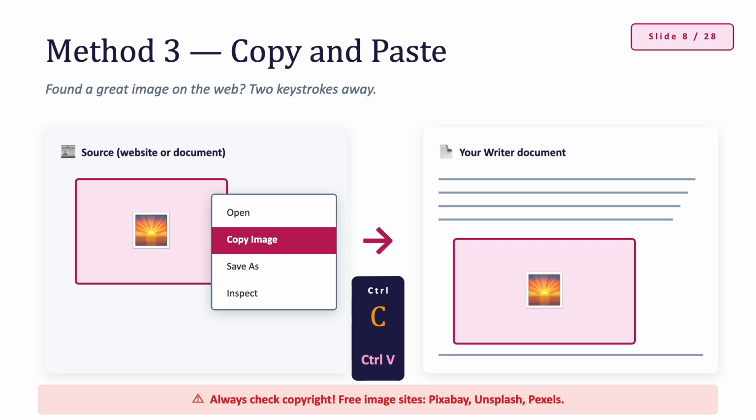If it is from the internet, make sure you have permission to use it. And for school projects, always give credit to your source. Control plus C and Control plus V are your best friends for saving time.